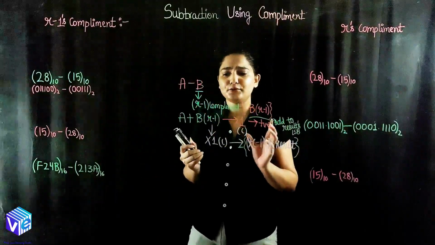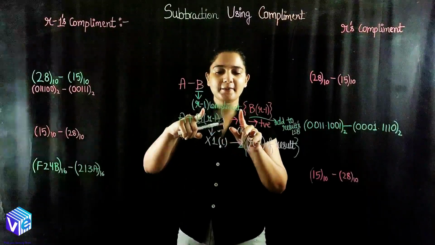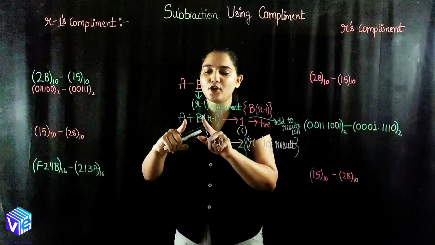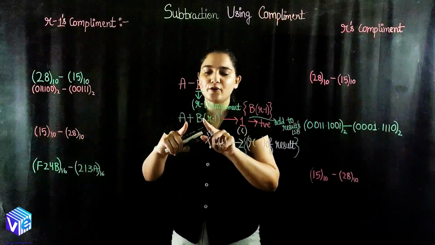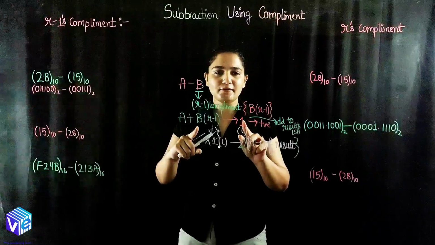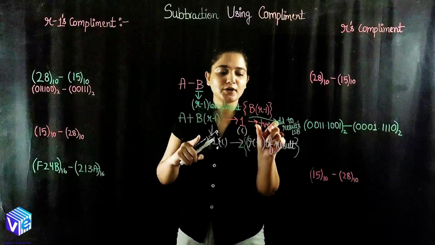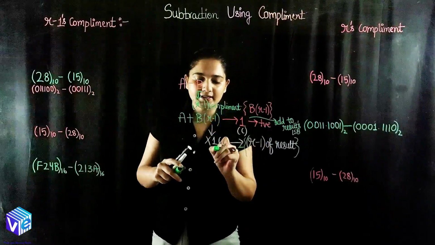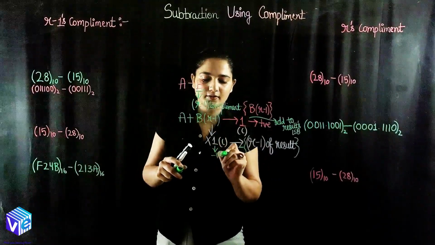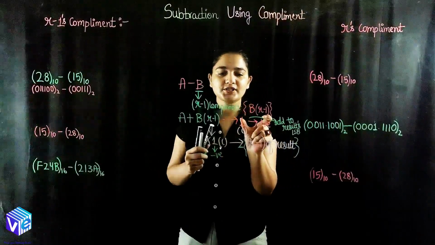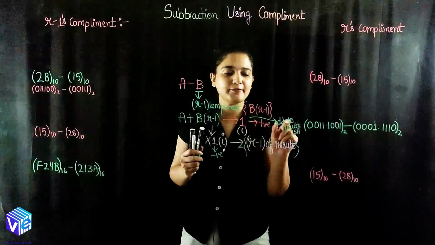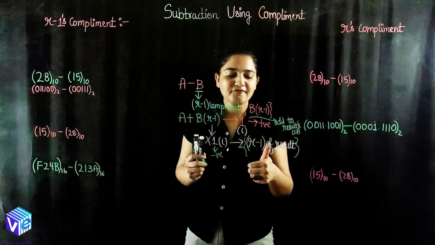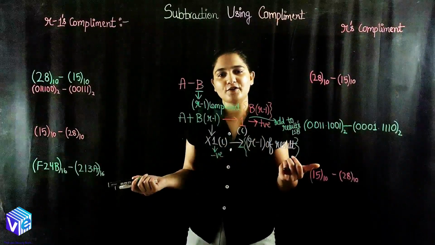So why at all are we doing it? First of all, I was finding the r minus 1 complement so that I can perform the addition operation instead of the subtraction operation. Now if the carry was generated, I found out that I have the positive result. If the carry was not generated, my result is negative. So when I have a positive result, I will add the carry to the LSB. And if I have a negative result, I have to take the r minus 1 complement of the result.